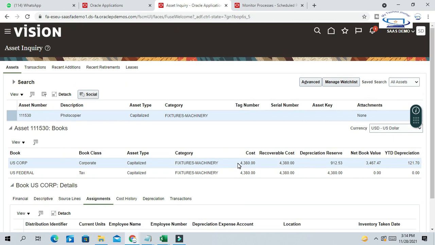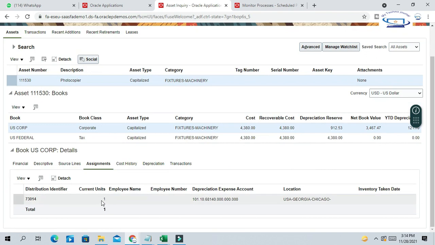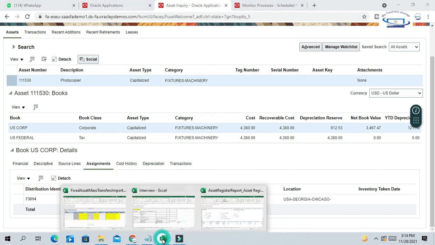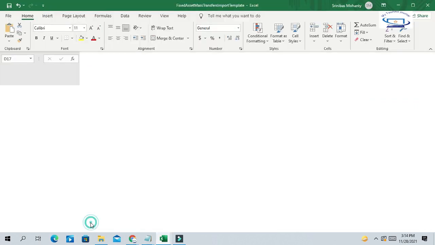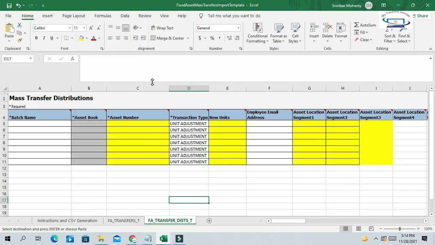So let me open that file. We'll do the unit adjustment for this asset, and we'll also transfer this asset to a different location. So let me go to that.